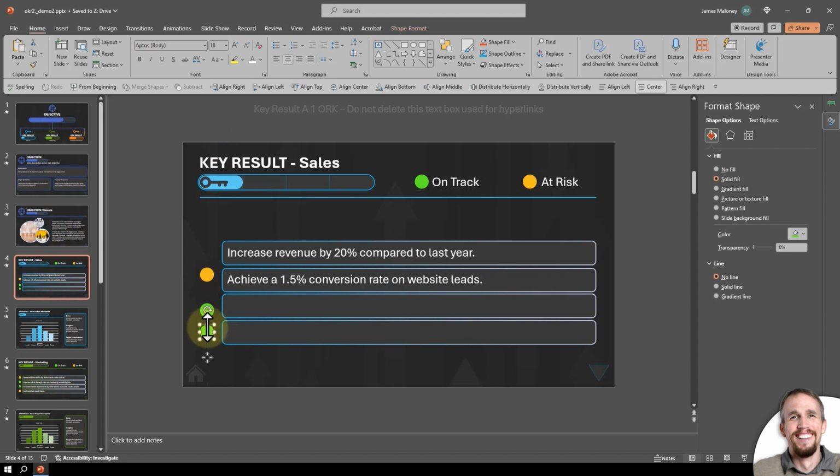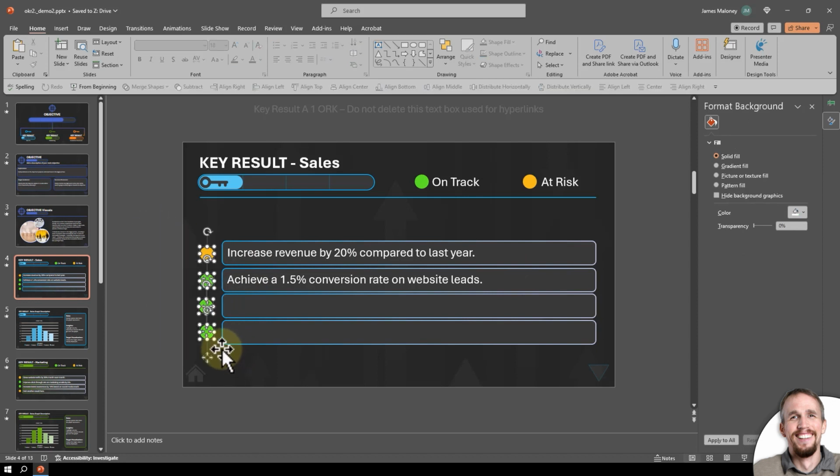Or you can hit Control C, Control V, which will do the same thing. And then you can just drag these so they kind of match up here to the center of your text boxes right here. And then holding Shift, I can select all these, or I can just drag a selection from the outside over